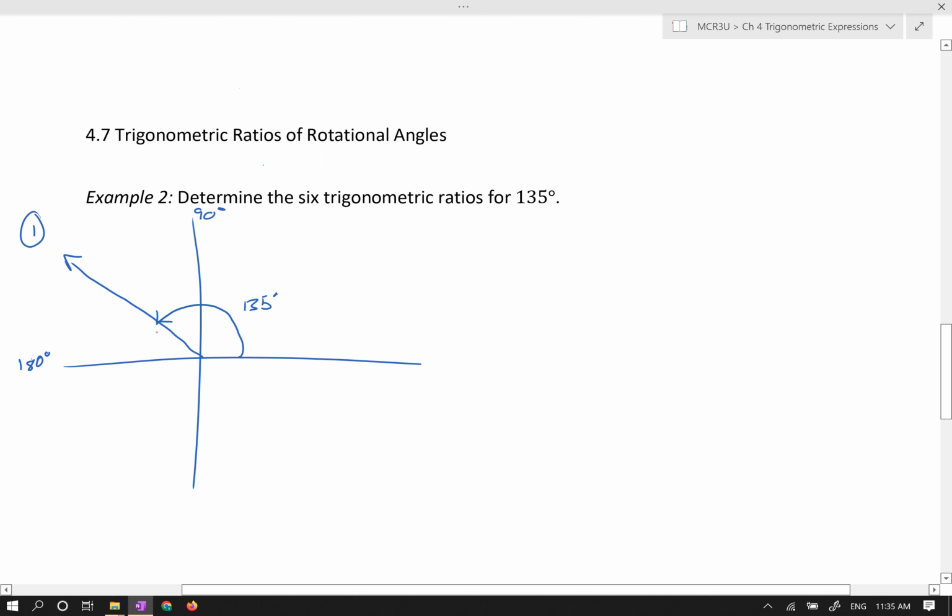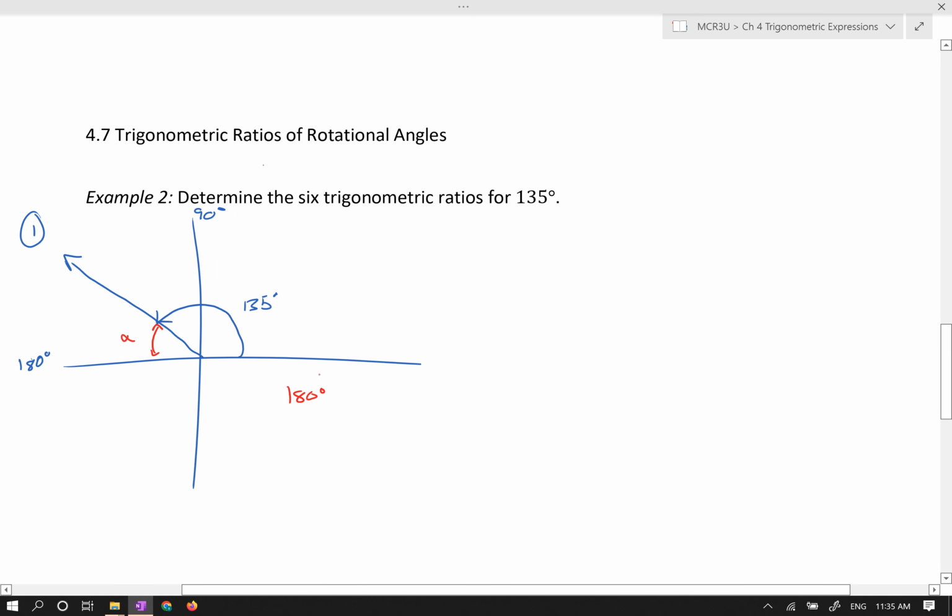Our second step is to evaluate my related acute angle. Now, if you're feeling really comfortable with these skills, folks, pause the video, try it out on your own, and then every step that you do, unpause the video, watch me do it, and see how you did. All right, so my related acute angle, well, I know that